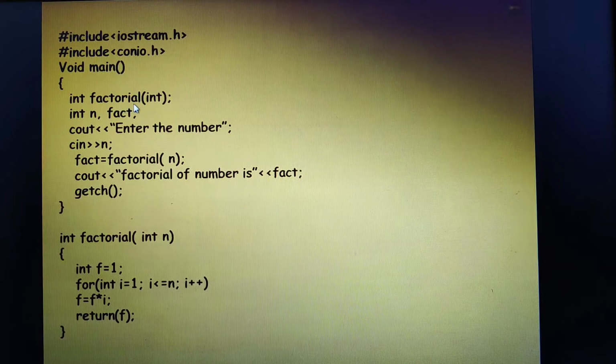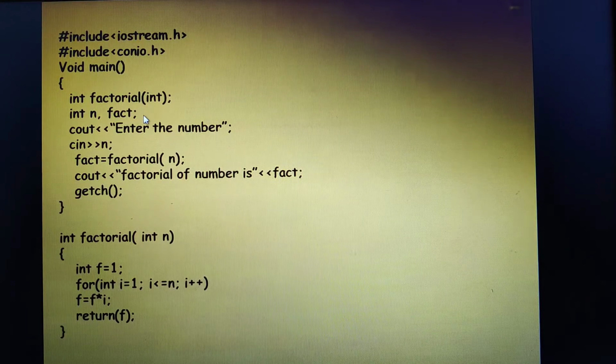What is this function prototype? Why do we need to use it? Before I use my function, this subprogram, you can call it a function, or you can even refer to it as a procedure also. Before I execute this subprogram, you need to intimate the compiler that you are going to use a subprogram. So we need to define the prototype here. What's my function name? That's factorial. How many arguments does it have to take? One argument. So what its data type is you have to mention here, followed by your subprogram data type, that's an integer. This is how we write a function prototype.